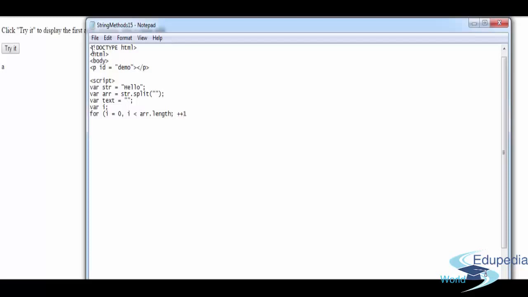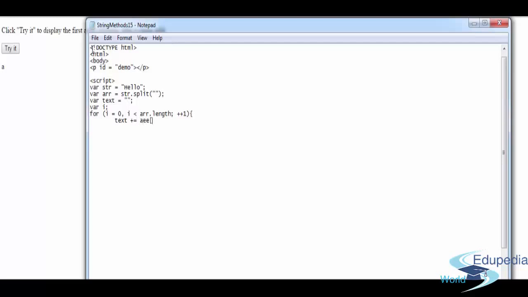This is going to loop and load the array. That's what it means. Open up the curly bracket and say with a tab, text plus is equal to